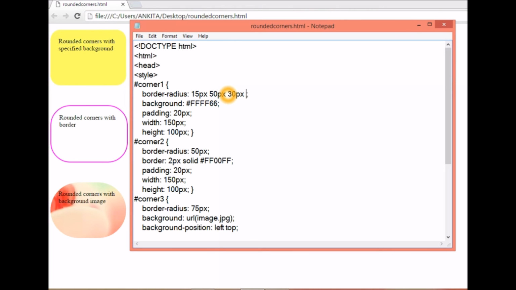Like I'll be taking here 5. My first 15 pixels is for top left, then top right, then bottom right, then 5 pixels for bottom left. Just change these values and take different values, and let's see how your rounded corners will change.